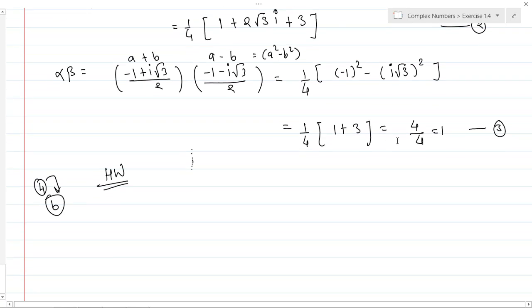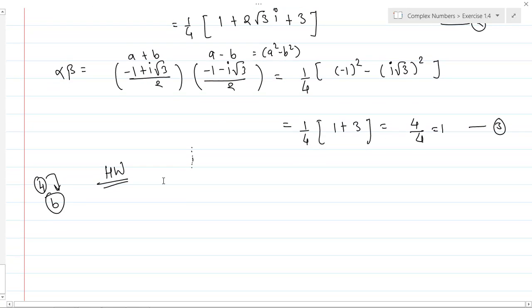See here, there was one doubt from your side: sir, how does minus a minus b whole square become equal to... See here, this formula will be the same as that of a plus b whole square. So this is a square plus 2 into a into b plus b square. Okay, and we write the formula for a minus b whole square also, which will be like this.